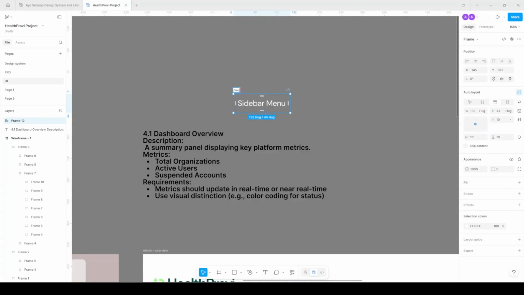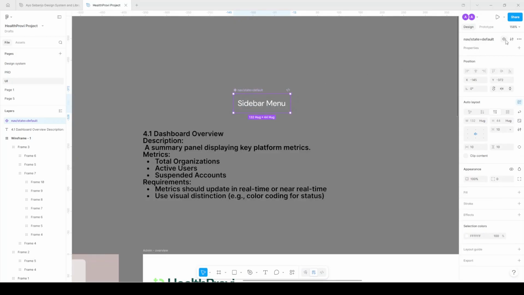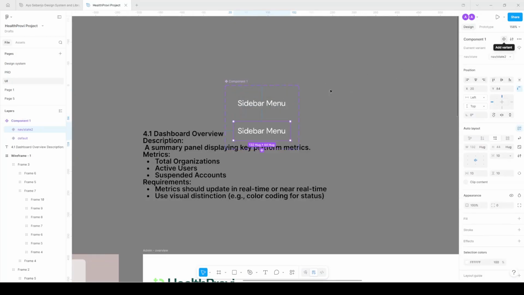Just use a forward stroke on your keyboard and say state equal to default. I'm using this style because I'm going to turn this into a component. Now that we have written the name like this, we have a good naming convention. If I create more variants of this now, I can now say that